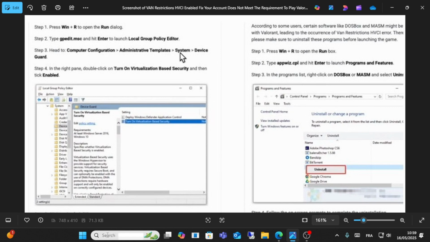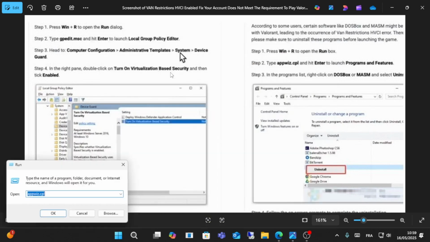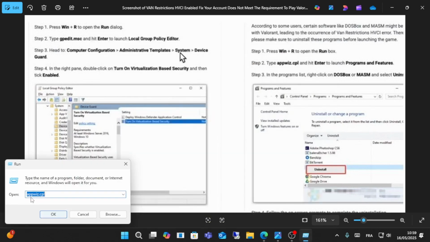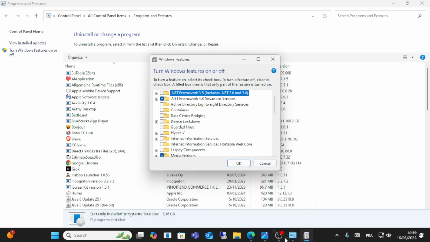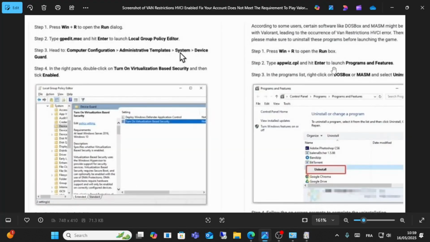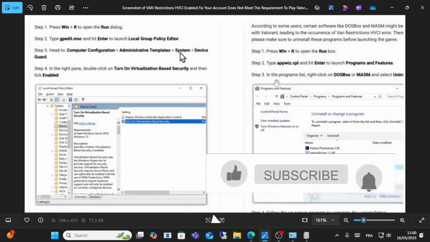The first one, open your command run option as you can see here and click on the phrase upwise CPA, click OK, then launch the program from here. As you can see here, use screen, click on launch the program and features, and then click on the DOS